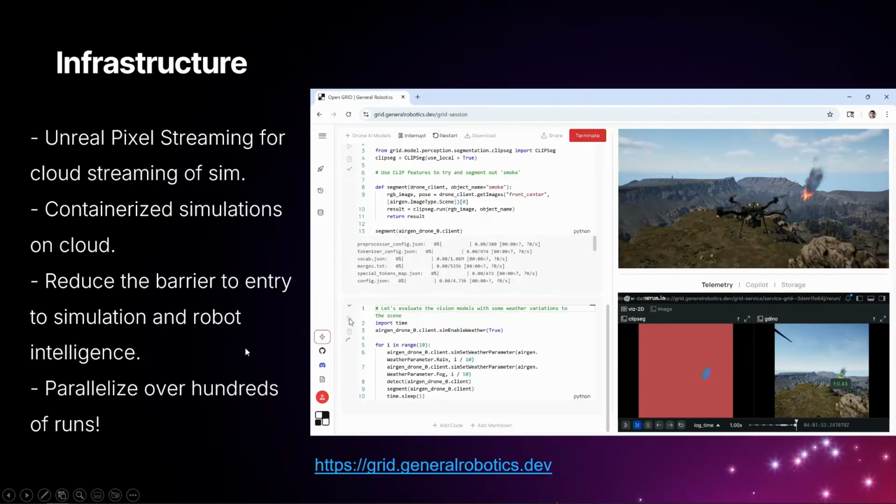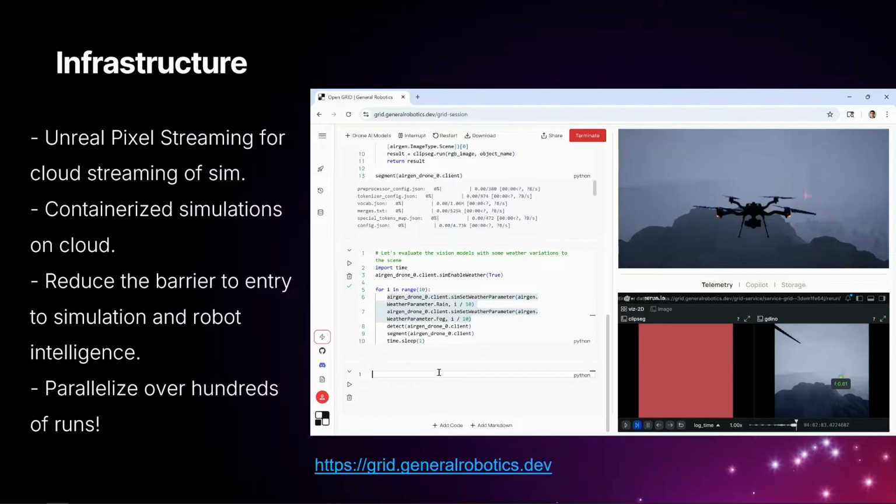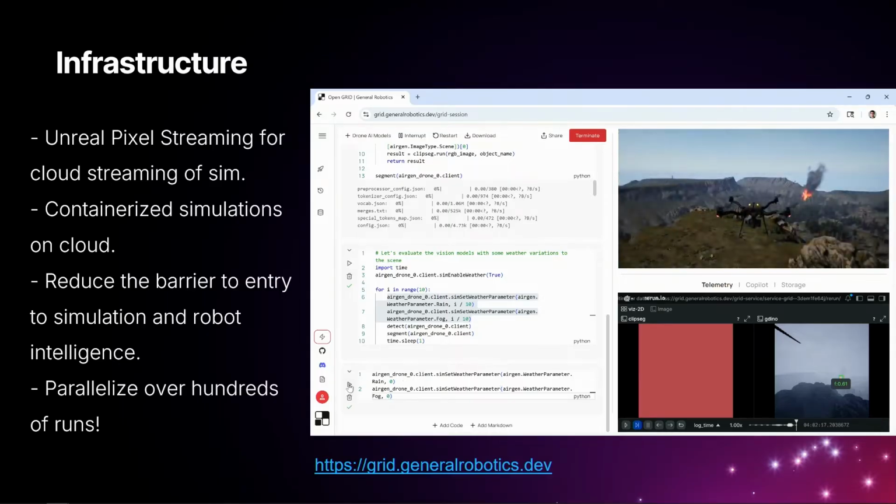The good thing about containerization and putting things on the cloud is that you can now also parallelize these things. So this is one way of using the platform, which is somebody just goes and writes some basic code, and what's happening in the video right now is the weather is being tweaked. So you're now simulating a more complex scenario of this forest fire detection. But you could also run maybe 100, 200 instances very similar to this, so that you are generating 100x the amount of data, or 100x the amount of test results for your pipeline. So maybe if you're building a model, you would wish to test that in these varying scenarios and so on.